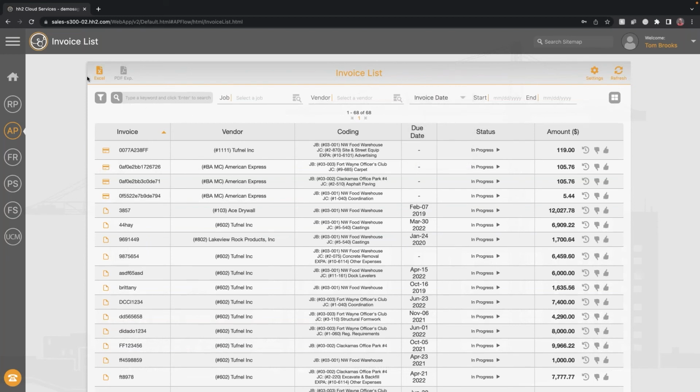You can actually select and export into Excel or into a PDF if you need to pull up some invoices from last week for a particular job. You can easily compile them out of our system right here from this invoice list. Now, we also have this little filter button at the top left that allows you to create commonly used filters. Maybe you check on a similar scenario. Hey, we always check on this particular job lately, so I'm going to create a filter and save it for that. And then you have a drop down of, hey, this is job 1, 2, 3 with these different filters, rather than having to add them all, especially if you're adding multiple filters.